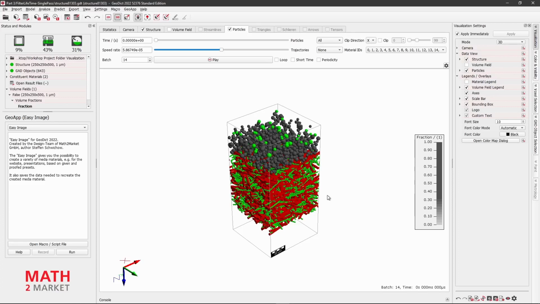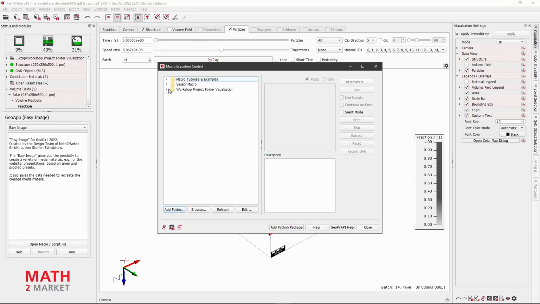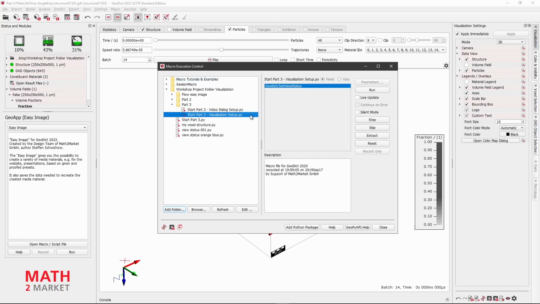To load these settings, we navigate in the menu to Macro, Execute Macro Script, and navigate to the subfolder Part 3 in our workshop project folder. All those who have created the video and have already loaded the filter material with the particles, select the file Start Part 3 Visualization Setup.